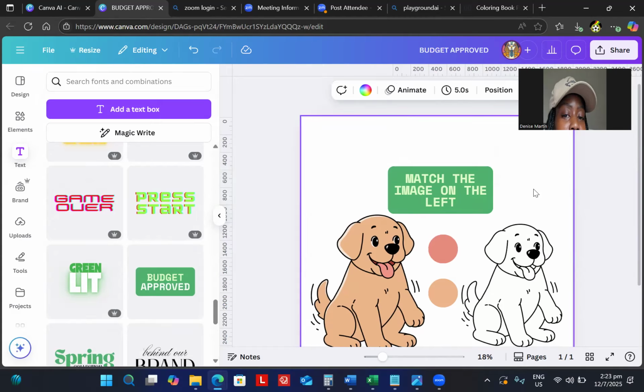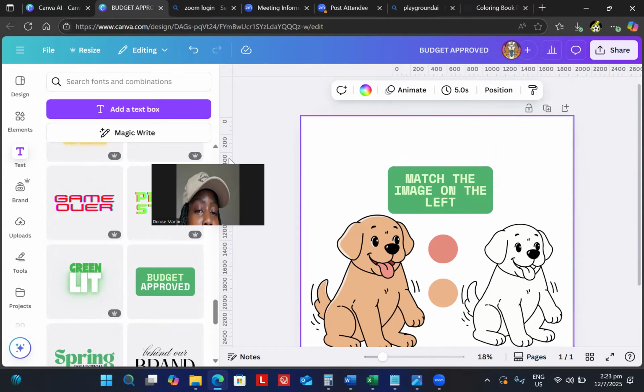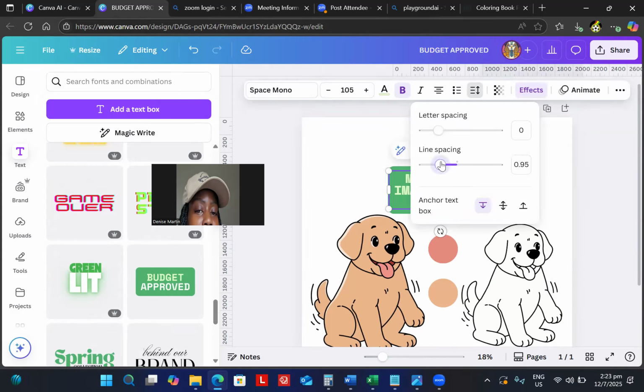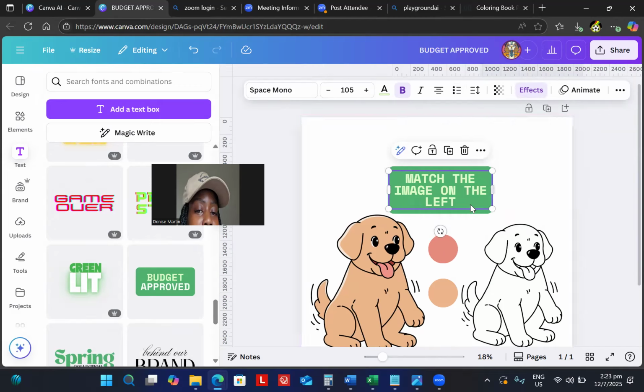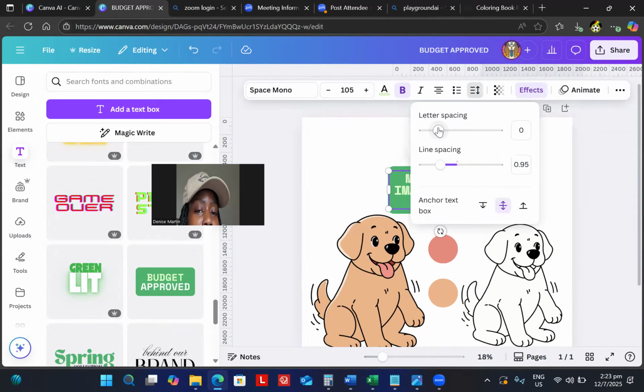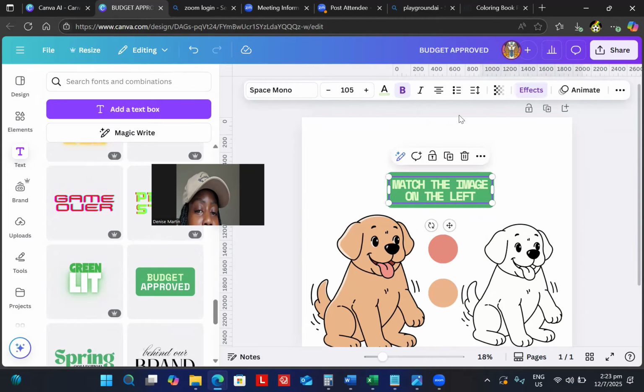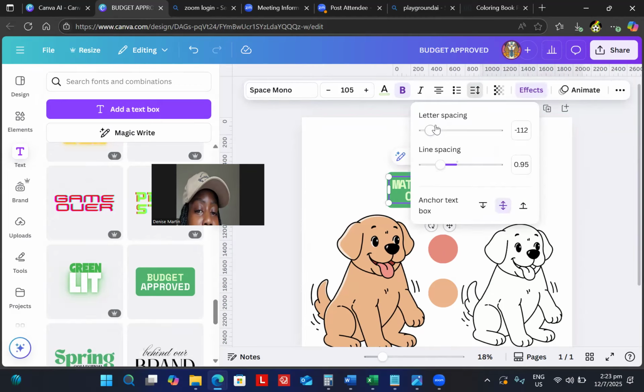Right, so let me just move this over here. So now we're gonna go ahead and do some editing. I'm gonna change the line spacing because it's too far apart. I'm gonna center it, right? So now it's looking, hold on. I think we still need to go back in and kind of close in the letter spacing a little. So that's too much. We're gonna go back and bring that out a little bit,